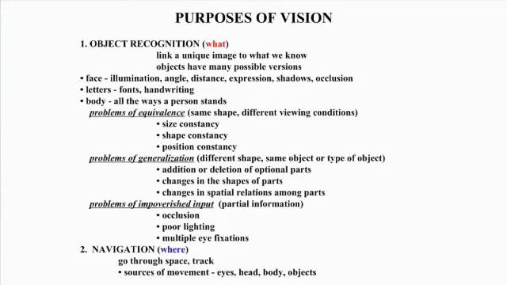And so psychologists have tried to formalize these kinds of problems into ones of equivalence. So something is the same thing at different views. Generalization, something has a very different shape. Or impoverished input, where there's poor lighting or something's complicated and you still figure out what it is. For getting around in the world, or where things are in the world, you're moving through space and tracking things, and there's many sources of movement. Your eyes are constantly moving, your head is moving, your body is moving, things in the world are moving, and you have to sort all those out, run quickly, jump quickly, grab quickly, and operate in the world spatially.